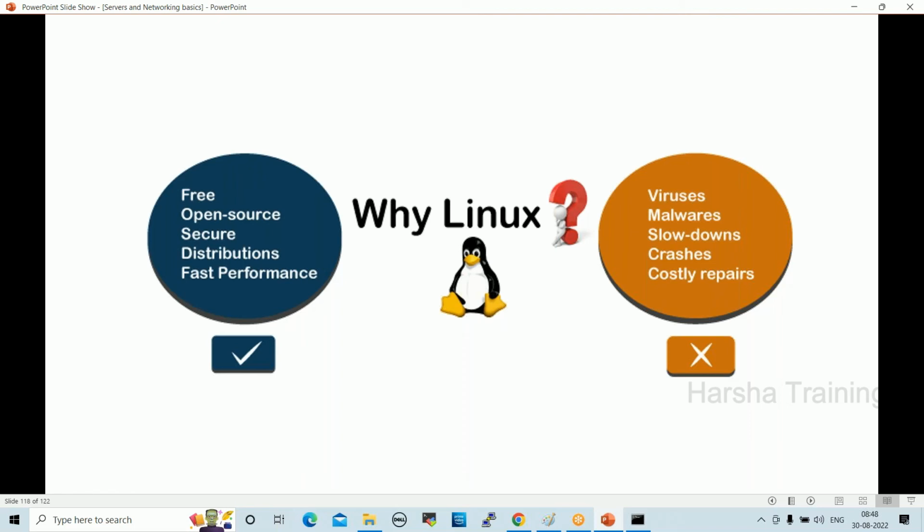Without restart, Linux servers work well without any issues. But with Windows servers, you have to reboot once you install any updates. On Linux side, server crashes will not happen, but on Windows side crashes will happen, right?